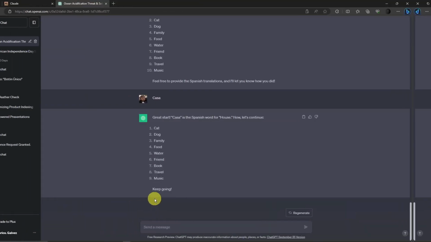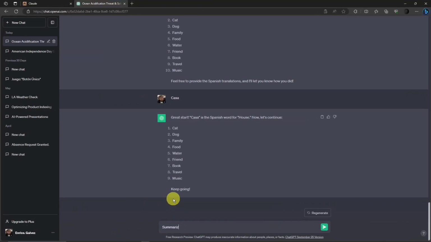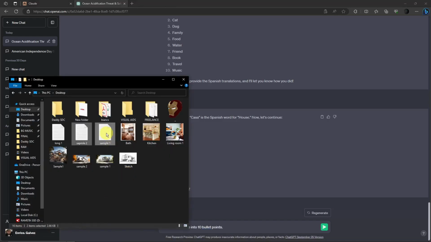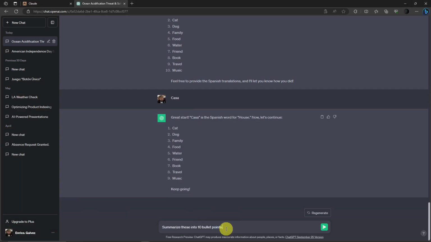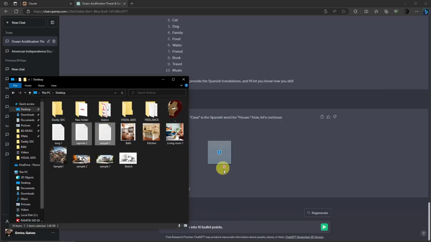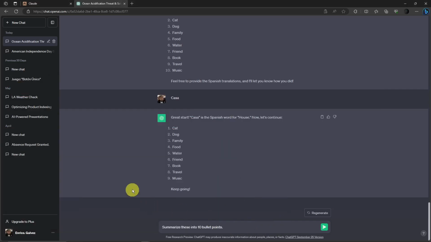Now let's try it out with ChatGPT 4. Summarize this into 10 bullet points. Okay? Easy as that. I'm just gonna copy the 2 and drop them over here. So nothing happened again. Let's just try one more. How about on the middle part over here? So still nothing's happening. Just a clear sign that GPT-4 is not really available in absorbing documents for